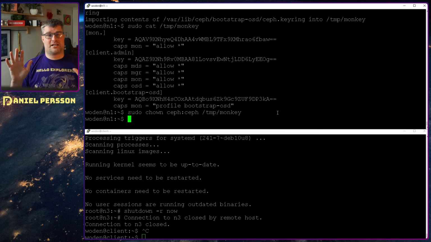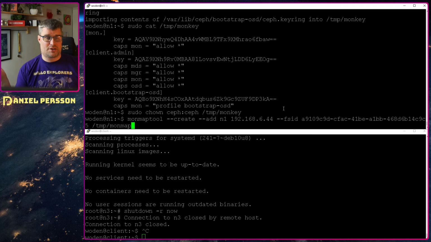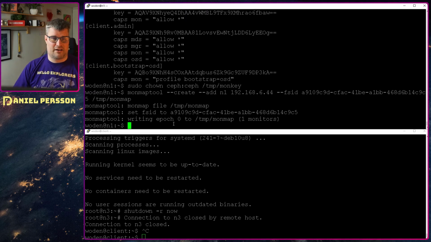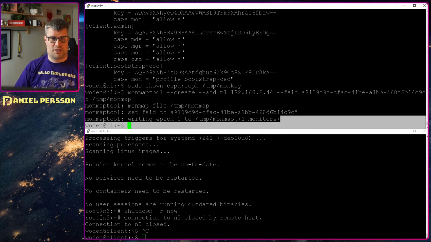Next up, we want to create a monitor map, and this is done with the monmaptool. And a monitor map is used for the monitors to know which other monitors are available in the cluster. So here I say that I want to add node 1 in this newly created one with this IP and this specific FSID for my cluster, and then I create a monmap file there. So we see that we have one monitor in our